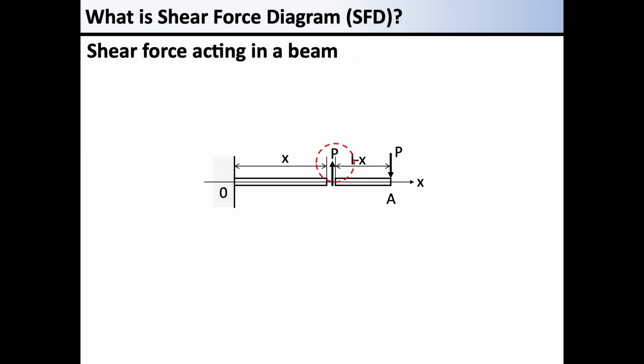Now, the load P is acting downward at the cross-section on the right and the beam is not moving. To realize this situation, another load P must act upward on the cross-section on the left. For the tip section of the beam not to move, P must act in balance with the load P at the end of the beam. This P is the shear force described above.